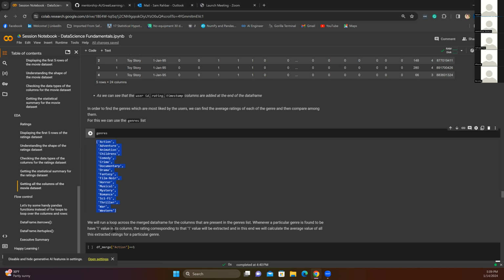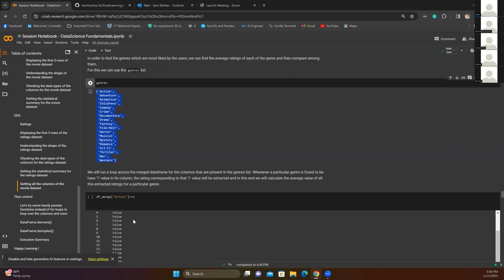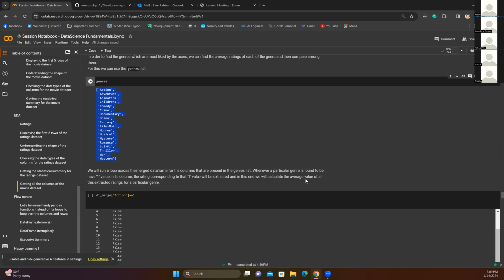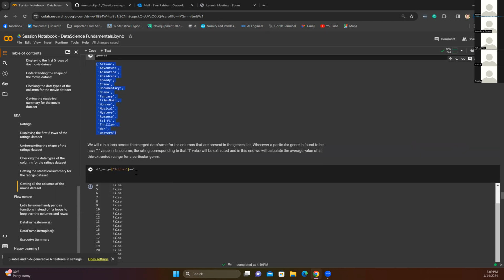And we will run a loop across the merged data frame for the columns that are present in the genre list. Whenever a particular genre is found to have the value 1, we will extract it and add it to this average variable. And you will see how it works. One example, just to show you how this works,